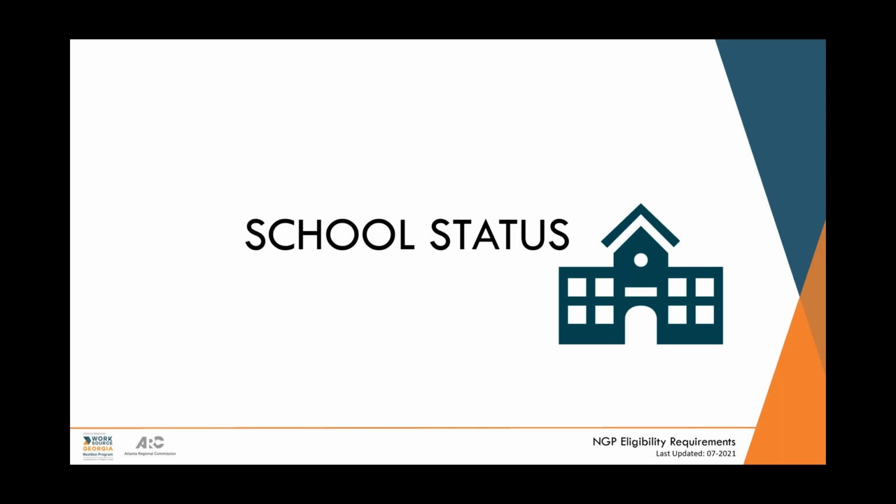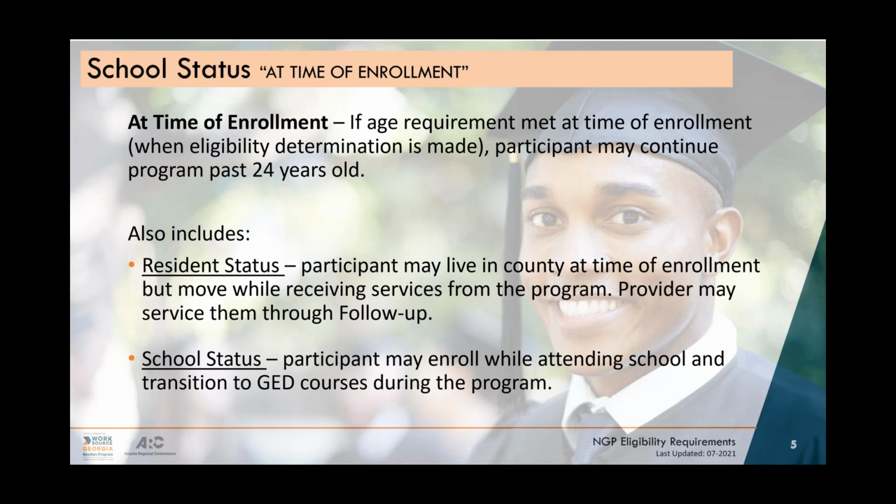So starting with school status, you've seen this slide in the last presentation at time of enrollment. And just to reiterate, anything as far as eligibility requirements, they just have to be eligible at time of enrollment. So if it's their age, they have to be the right age at the time that you enroll them. At the time you enroll them means when you have determined that eligibility. You'll notice when you go in VOS tomorrow that you have a number of specific dates. You have an application date, which is when you put the application in. And if you didn't finish the application, then you'll have an eligibility date, which is determining that this person is eligible after this date. And then you have a participation date, and that's when you can start providing services.